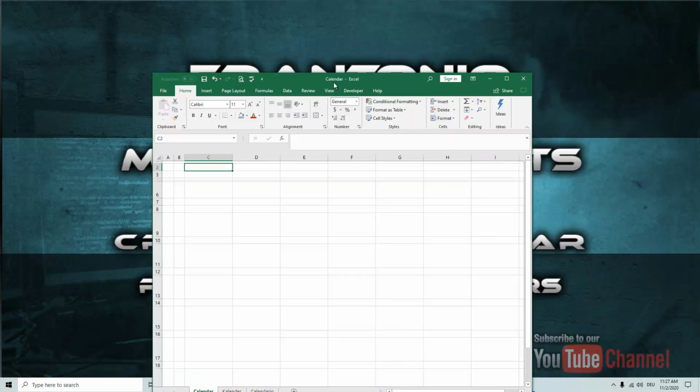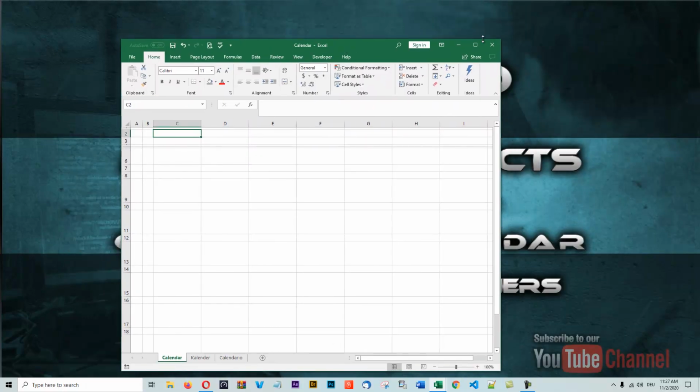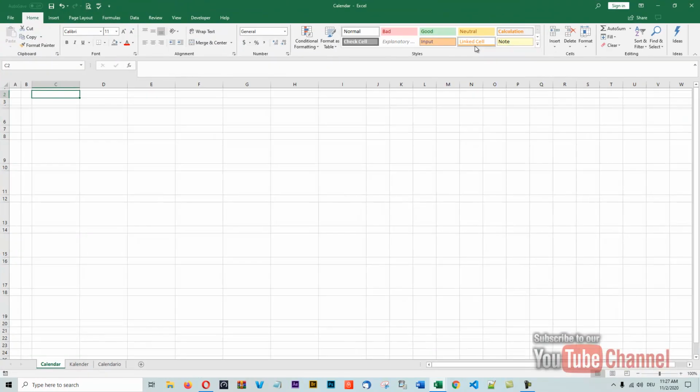Now I have prepared my sheet a little bit already. Let me extend this one all the way so that you can see. I did a couple of adjustments here with my cell heights and so on. I can show you what they are for if you want to follow, or you can do your own. I just want to show you the way I set it up. Anyway,